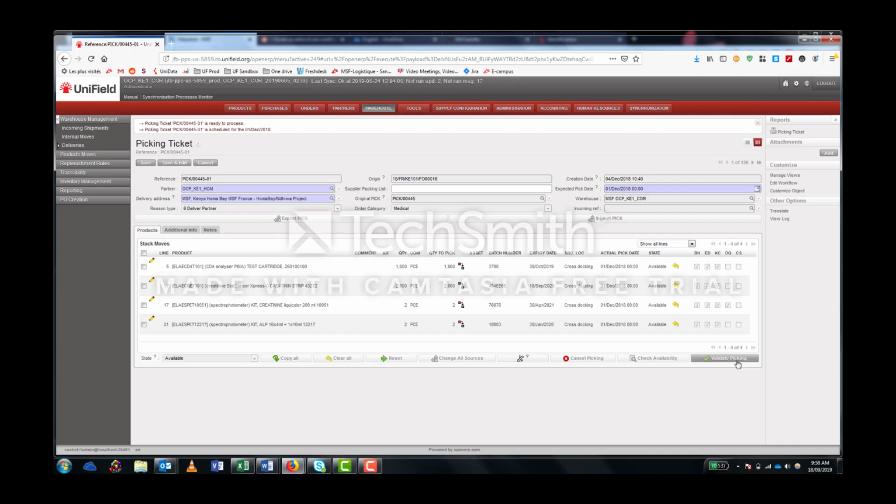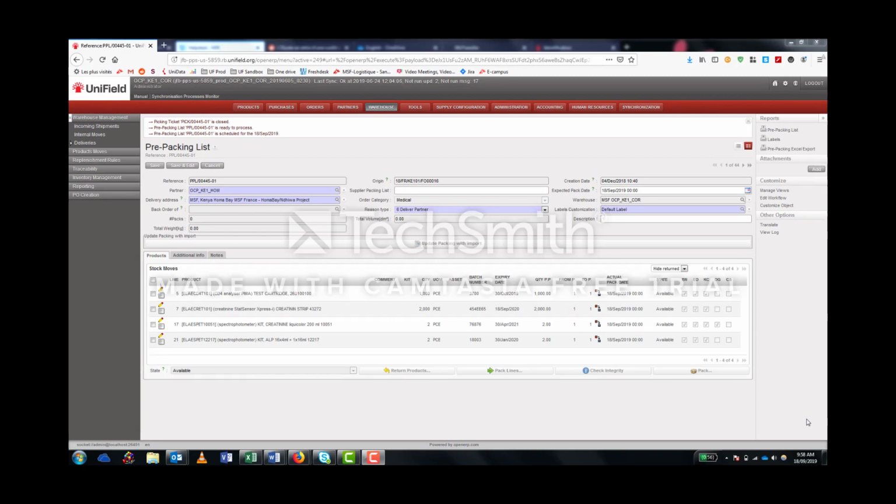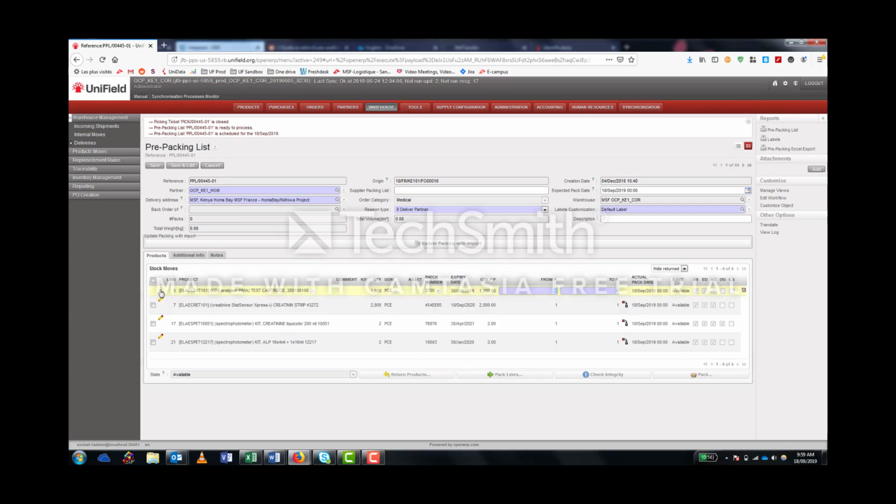Let's move forward. We are now in the pre-packing list screen. As you can see, it looks very much like the picking screen. The main difference between this screen and the one of the previous process is that if you wish to update anything, you will have to do it at the line level. You will no longer have a pop-up window. Let's see an example. If I wish to indicate the amount of parcels for this line, I can do it at the line level. Here, we will say that we can put 100 units per carton. Hence, we have 10 parcels.